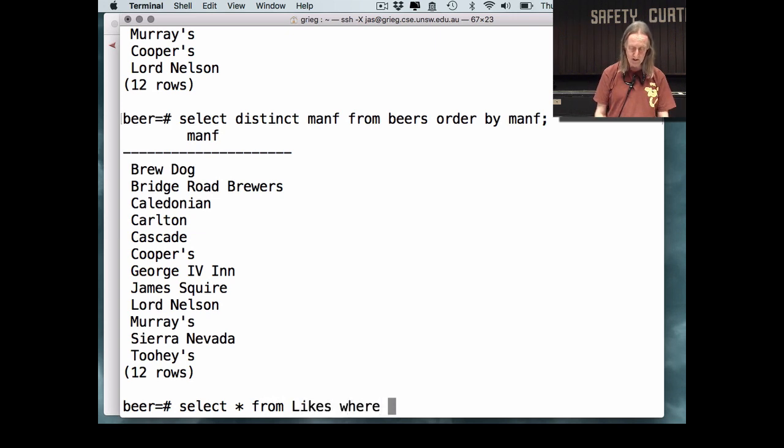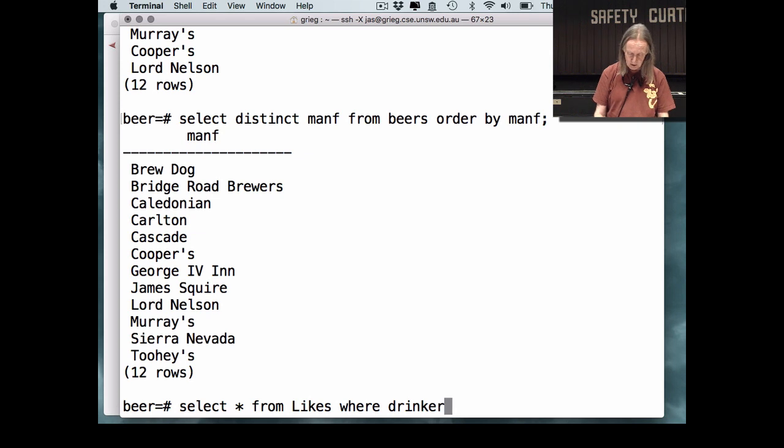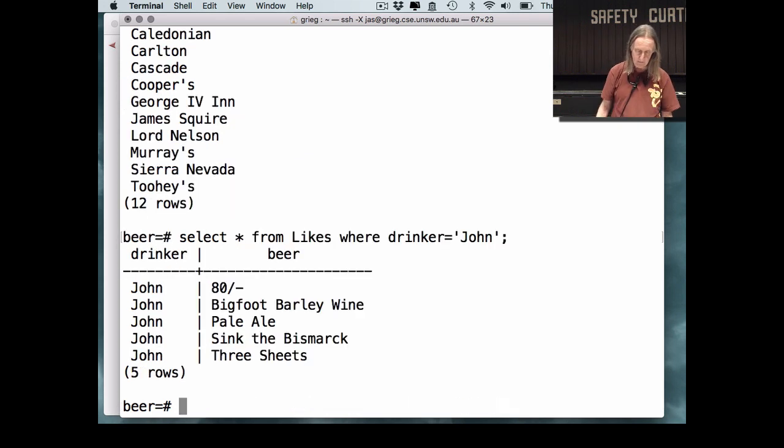And we're interested in the drinker. Check that that's actually the name. So we've got likes, drinker, and beer. Other fields where the drinker equals John. Okay, so there are all the beers that